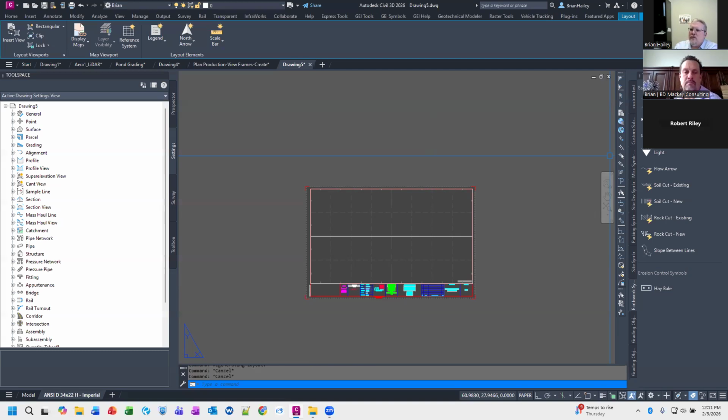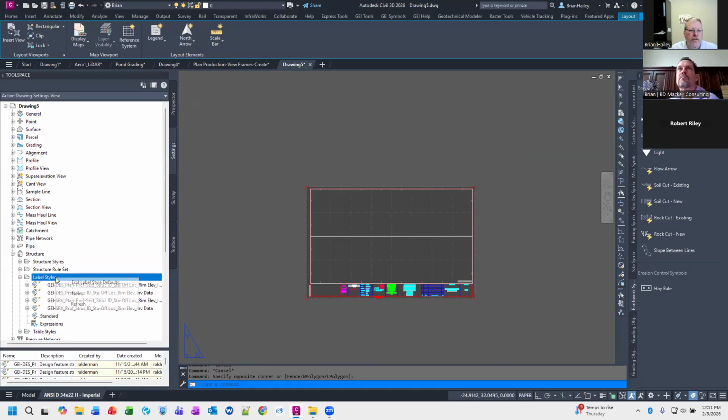So, Carrie, it sounds like what you really want is a label that displays the existing information with one text style and the proposed information with a different text style. Does it sound like I've got that correct? Okay. So the problem with, and this is for structures, right? Did I read that right? Or is this, yeah, so it's the structure label. Okay. So if we go into our structure label style,